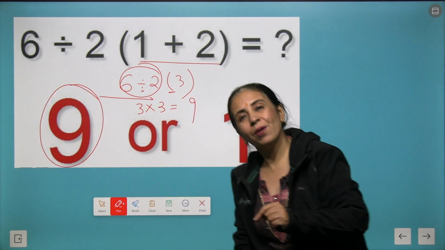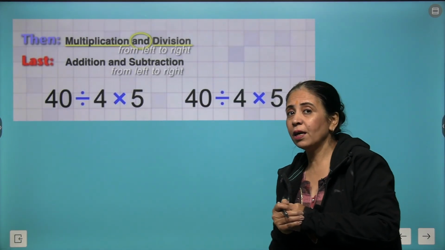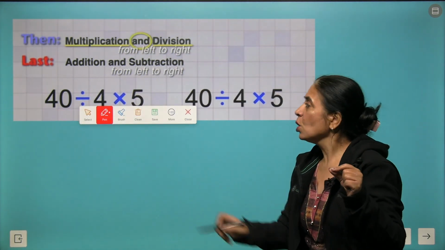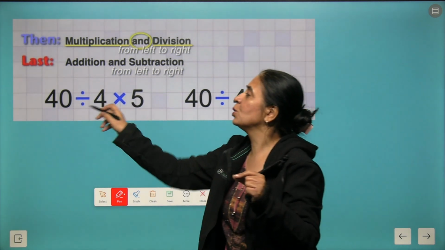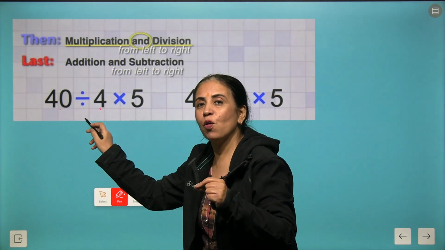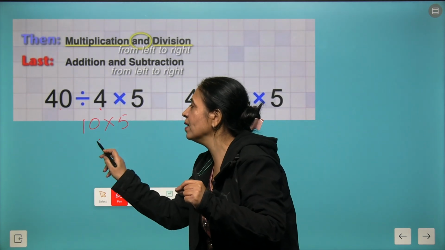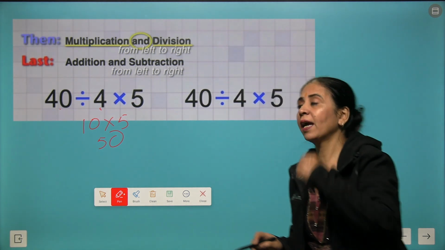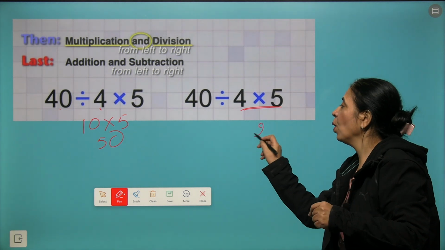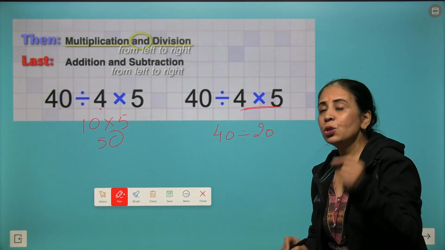Here we got the right answer. And further, I have brought another confusing question which both of these friends were trying. So they said, let's try doing this question. They wrote 40 divided by 4 gives you 10 and 10 times 5 is 50. And the second one first multiplied 4 and 5, we got 20. So 40 divided by 20 is 2.